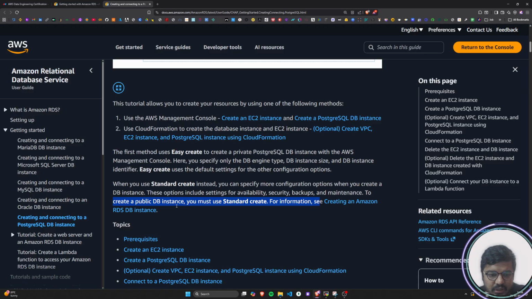For more information, you can go on to this particular link. Don't worry, I will be showing you both of the ways how we can create a Postgres database instance with an easy create template, as well as how we can create it using a standard create, and how we can also do a multi-availability zone deployment inside the standard create or the full